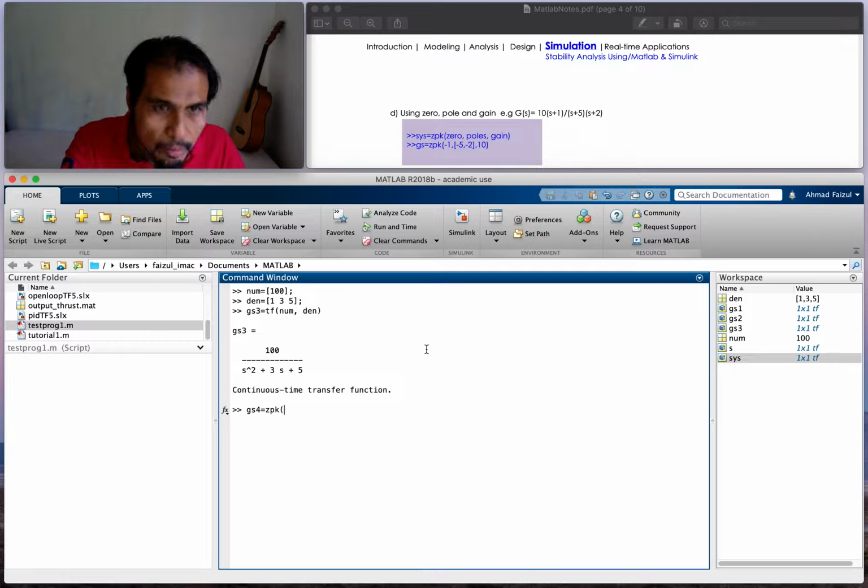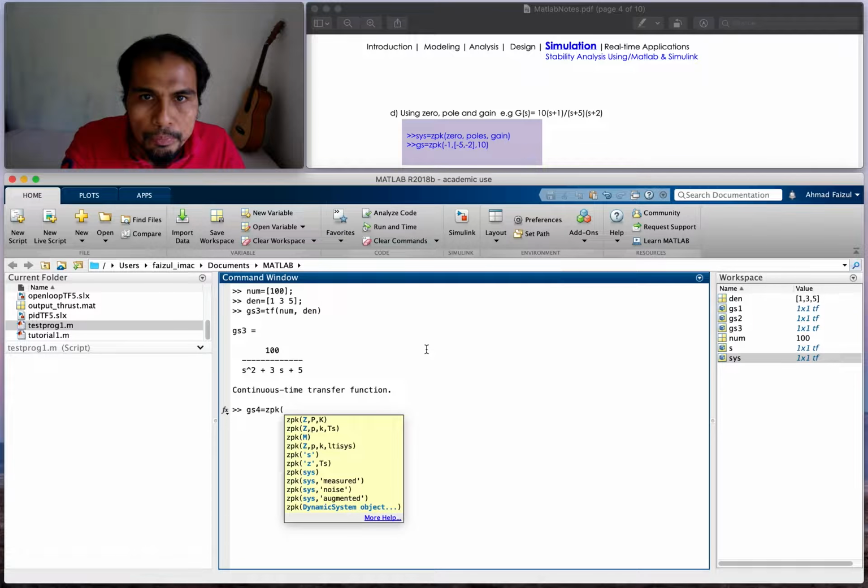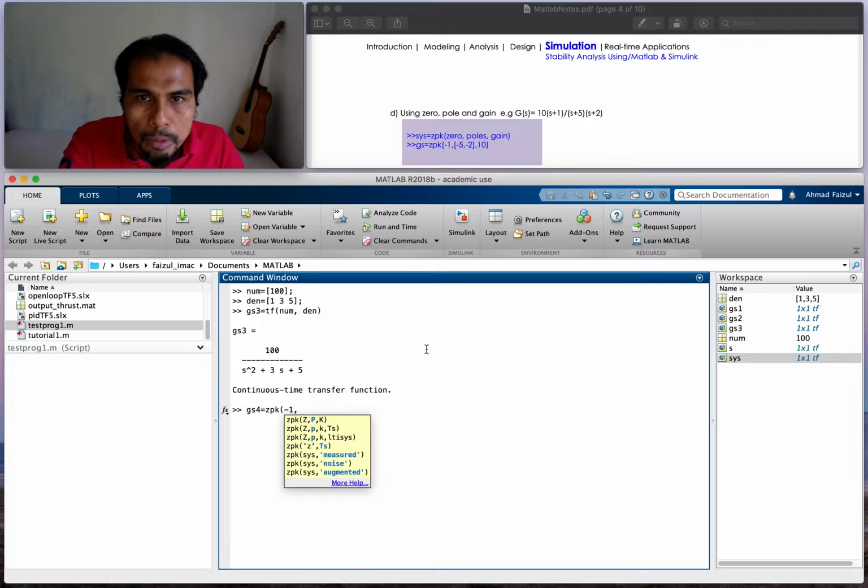Okay, and then what is the zero? It's minus 1. And then separate by comma, and then the poles, that is the roots of the denominator, which is s equal to minus 5 and s equal to minus 2. So just enter it, put in the bracket, minus 5